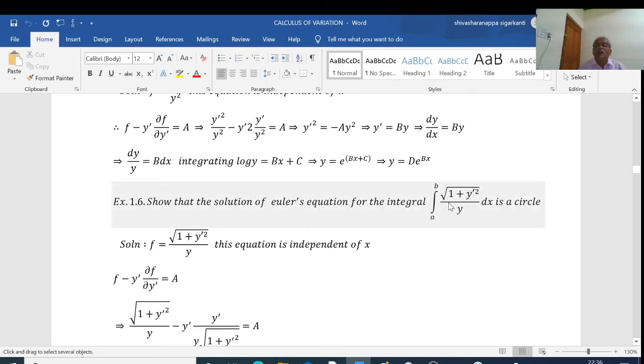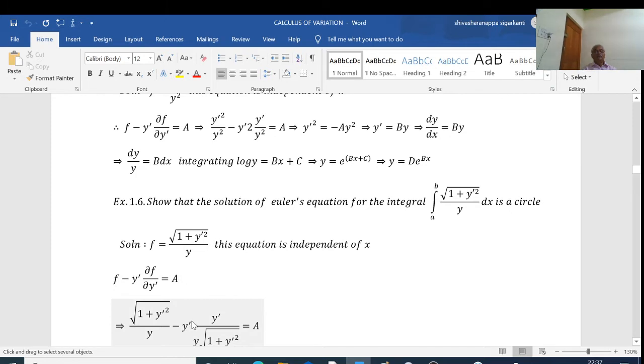Okay. And we can observe that this is independent of x. So that is here f equal to root of 1 plus y dash square divided by y. This is independent of x. If this is independent of x, then we have f minus y dash into dou f by dou y dash is equal to constant quantity a. So that is substituting here f is root of 1 plus y dash square divided by y minus y dash